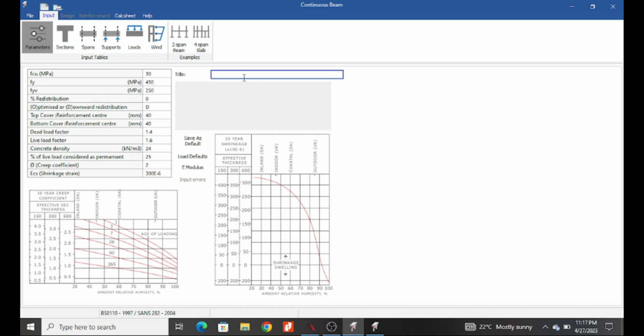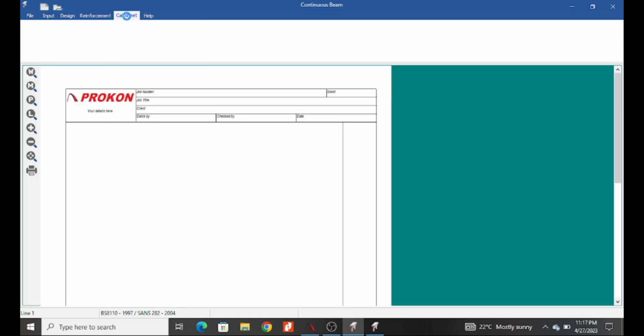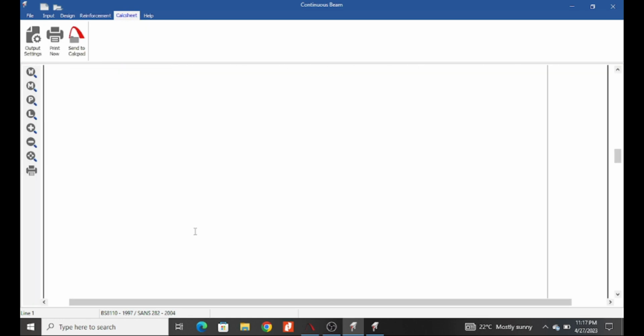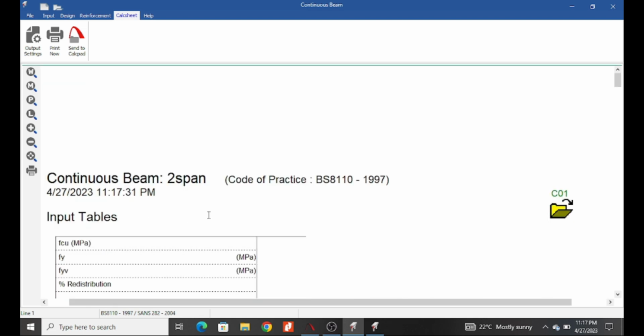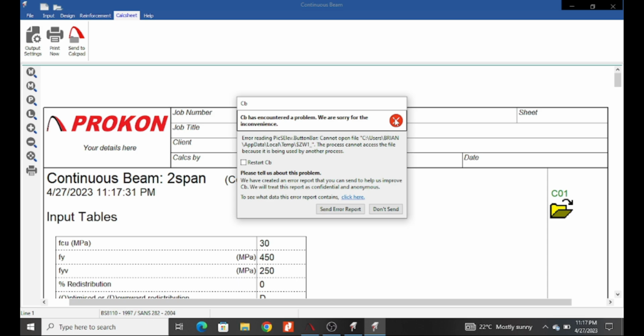So if I don't know what to do, just come to my example and find out how they put these parameters. And I should also study, and then this will help me even design quickly if I'm new to using this software. And then you see these examples have everything, including calculation sheets and all that. But don't worry, we will design each and all of these members.